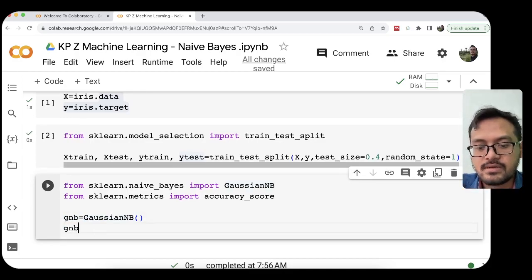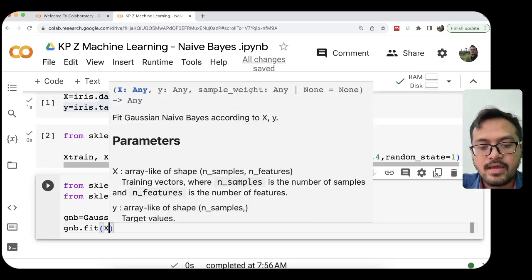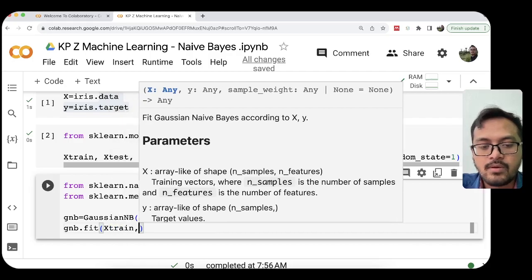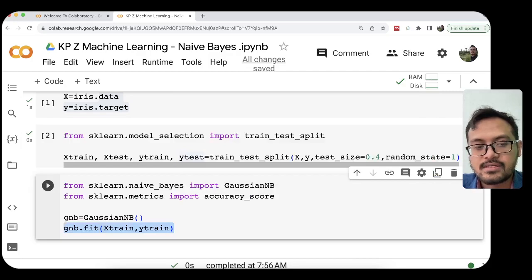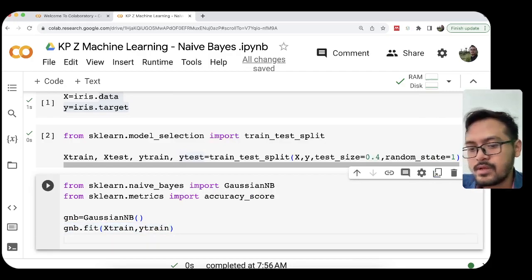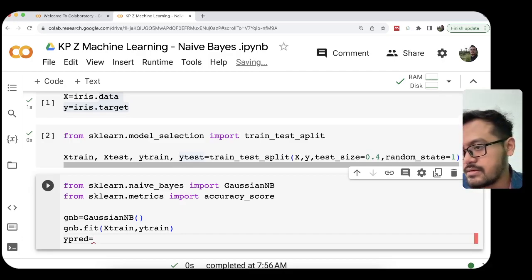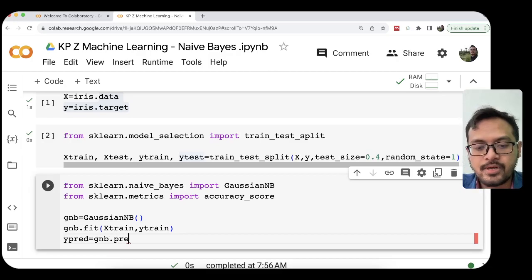Then we start the training process by calling the fit method, gnb.fit(X_train, y_train). And we create a new variable y_pred for getting the classification result for the testing set, equal gnb.predict(X_test).